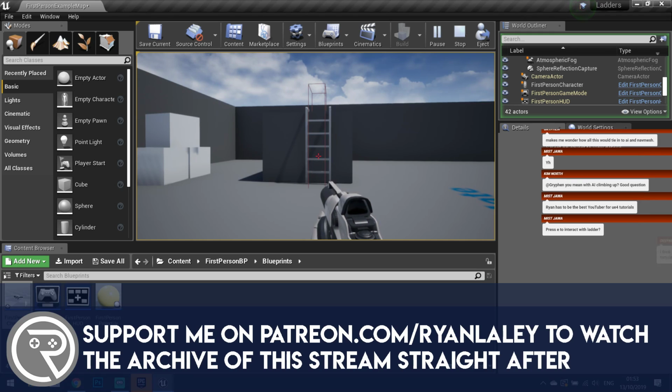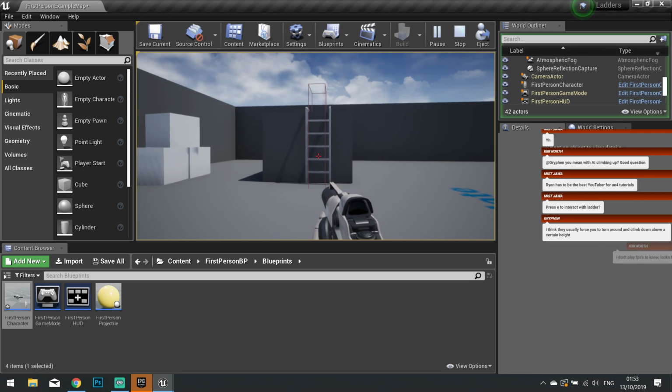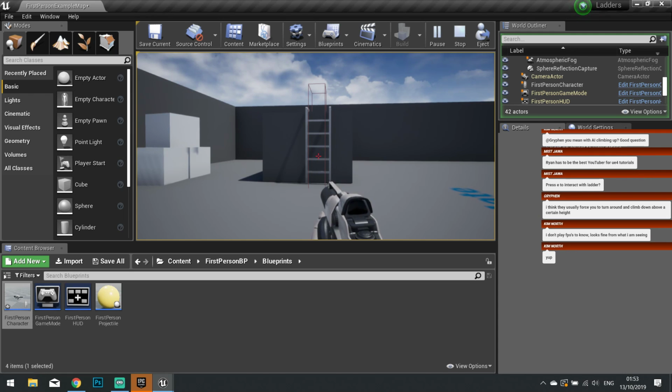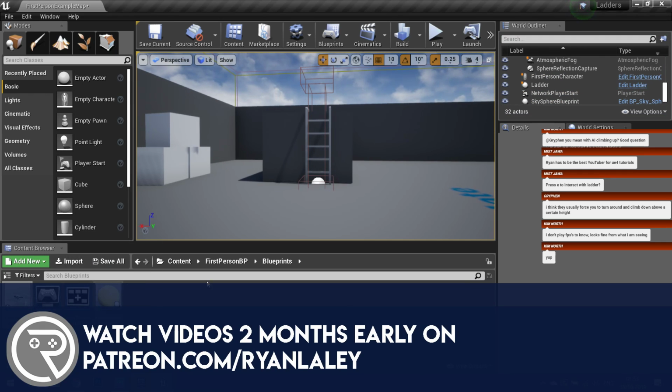So the push E to interact with the ladder, they usually will be an animation based movement. That's how a lot of games do it, with the animation route, which will be part of that series I do. They usually force you to turn around and climb down above a certain height. Yeah, maybe if they turn around and face the same way as a ladder. If you want to find out if you're facing the same way as a ladder, just so you know,